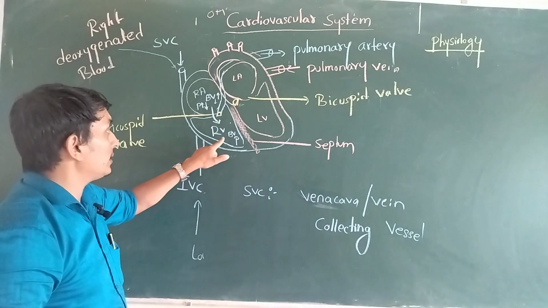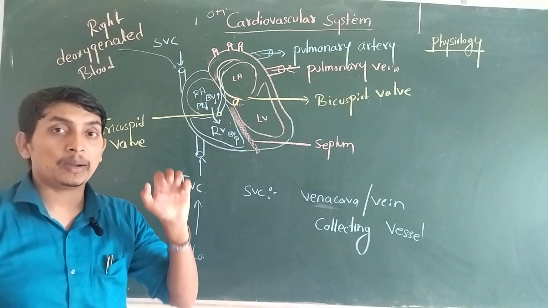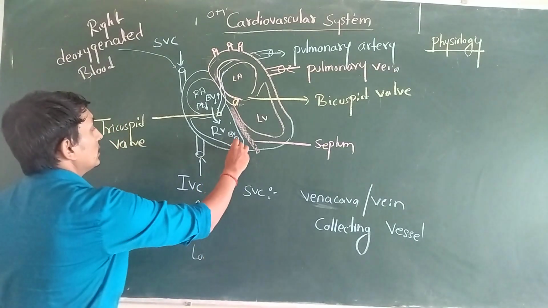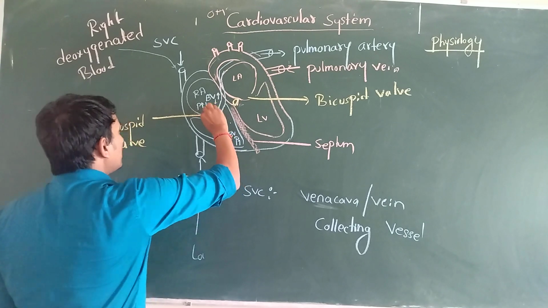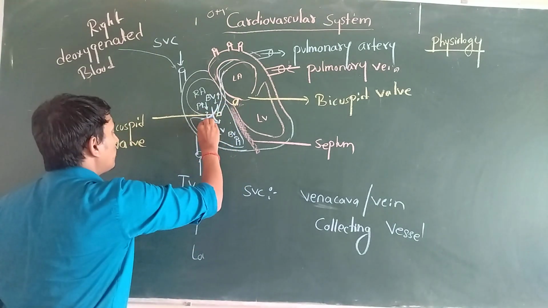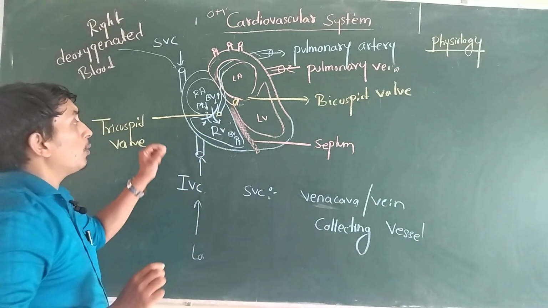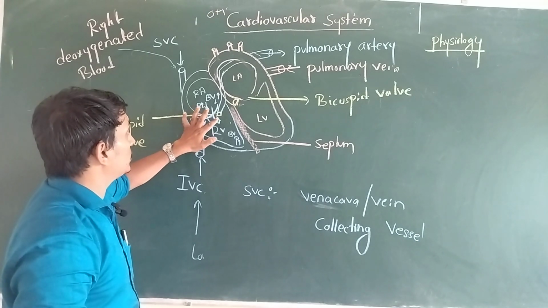In the ventricle the blood volume is high, and it is contracting, so the pressure increases. Due to the increase in pressure, the blood may try to backflow. When the blood tries to backflow, our valve closes. The valve is called a one-way opening gate which prevents the backflow.